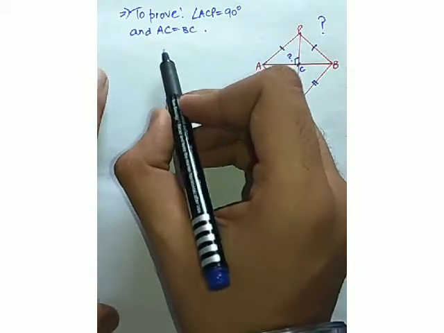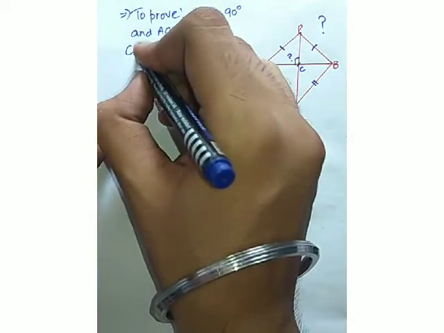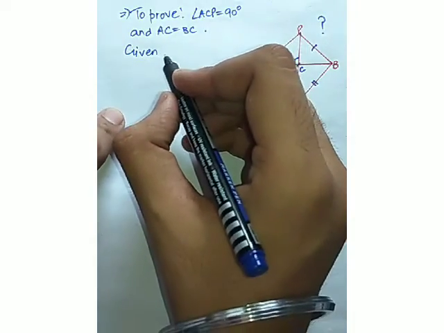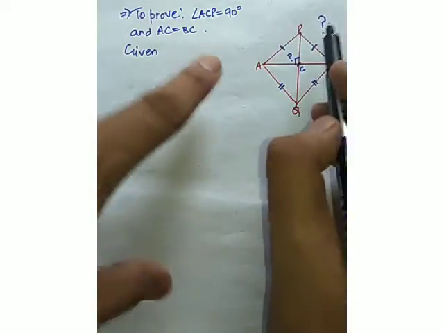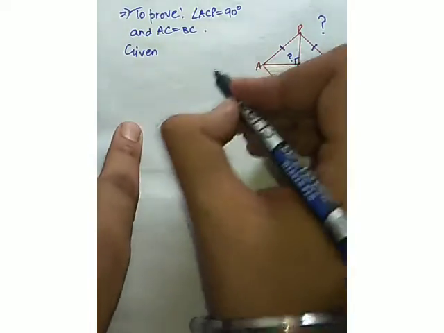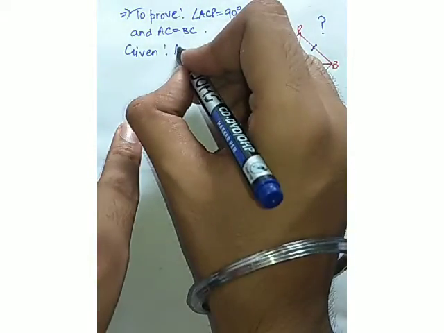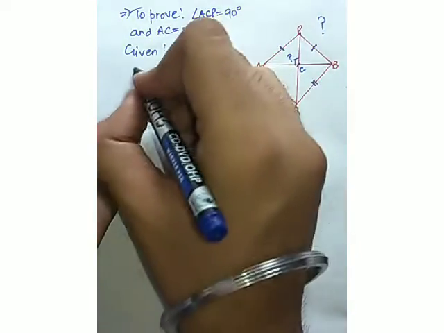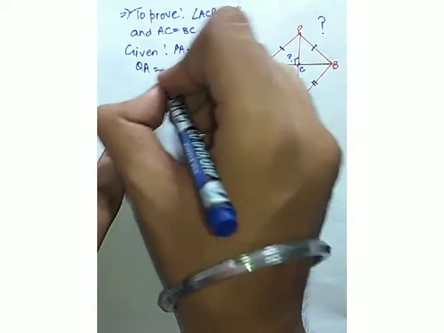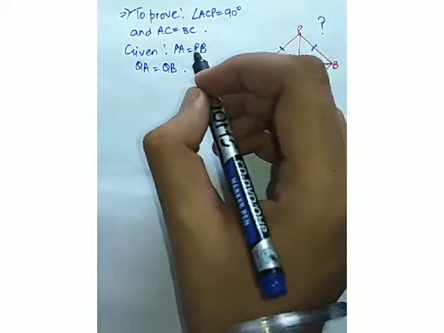We have written what we have to prove. So firstly write the given things as well. It's given that P and Q are equidistant, that I have indicated in the diagram, but we can write that PA is equals to PB, and similarly QA is equals to QB. These are the things that are given.